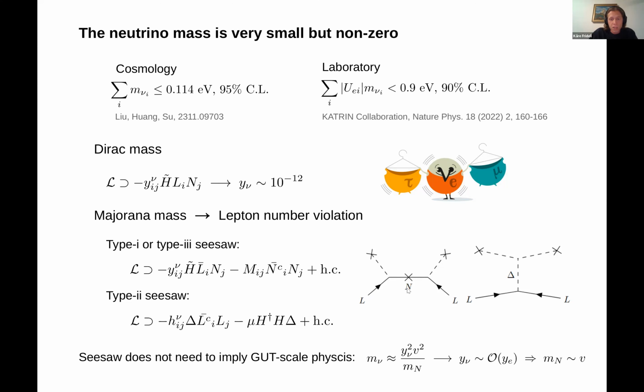And this scheme is usually thought to imply that we have some GUT scale physics, because if we put this right-handed neutrino at the GUT scale, it would imply order 1 couplings, which is very nice. But the standard model Yukawas are not all order 1, so there's no a priori reason to assume that. And because this neutrino mass has 2 couplings, it goes as the square of this Yukawa. And if this Yukawa coupling would be around the electron Yukawa coupling, like 10 to the minus 6, it would imply electroweak scale right-handed neutrinos. So the scale can also go down, even though it's a seesaw like this.